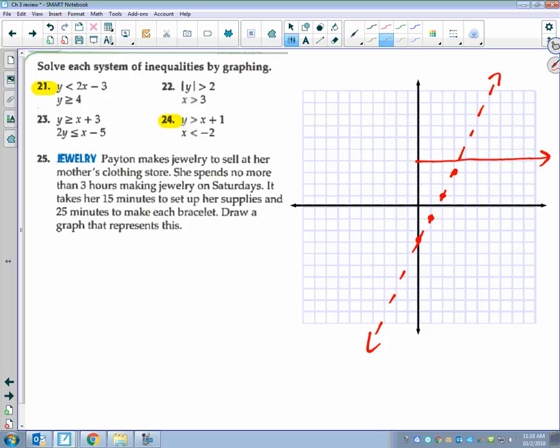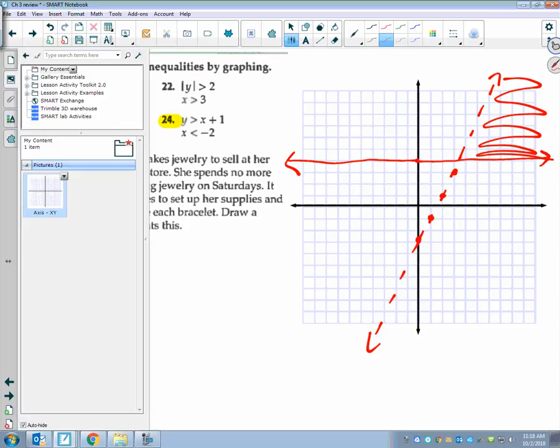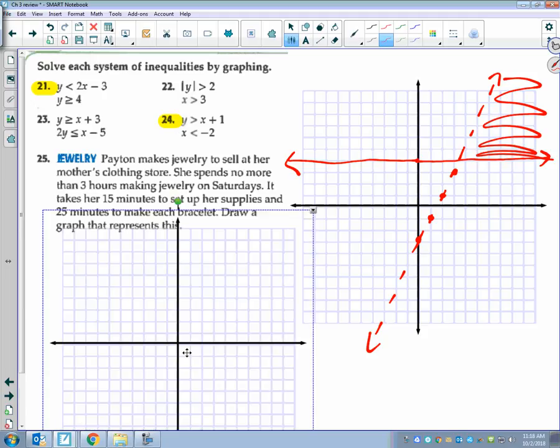Y is greater than or equal to 4. Lots of people are still messing up y and x numbers, right? Y is a horizontal line with 0 slope. That one should be solid. Everything less than the slanted line would be below the line. Everything greater than the solid line that's less than this one should be this corner right here. If I do number 24,